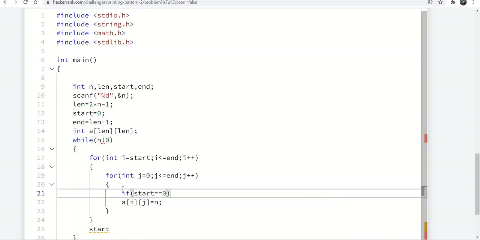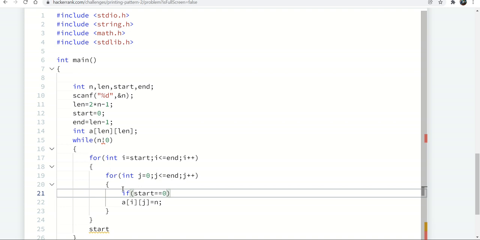For start equal to 0, that means for the first row we are printing the same value, like 7, then 7 7 7 7 up to 13 times it will print. Like a start for the column, then it will print 7 7 7 7 13 times in the column at a starting point, and at the ending point we are printing the same value, like that. We are going 7 7 7 at the first row, then 7 7 7 at the last row, then 7 7 7 at the first column, 7 7 7 at the last column, like that. Then for 6, like that it will go.